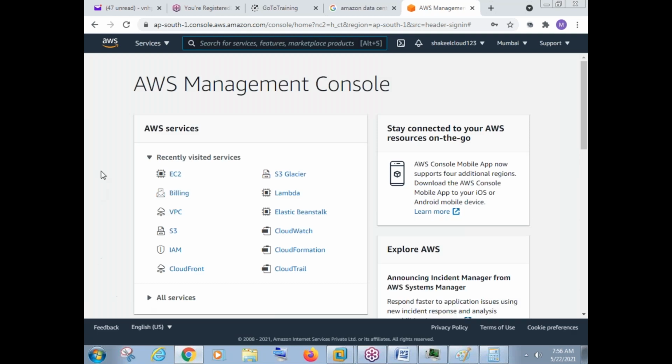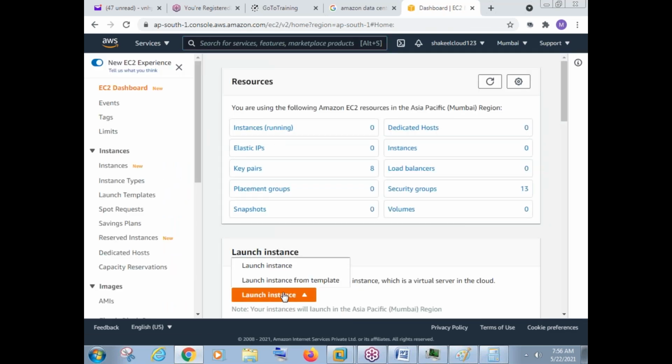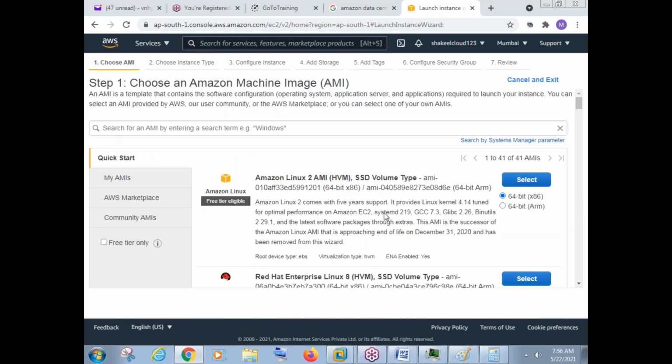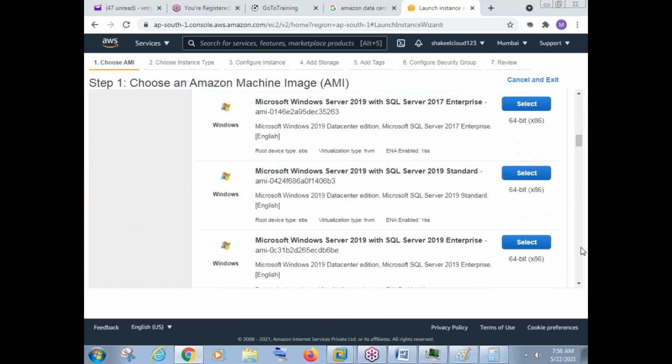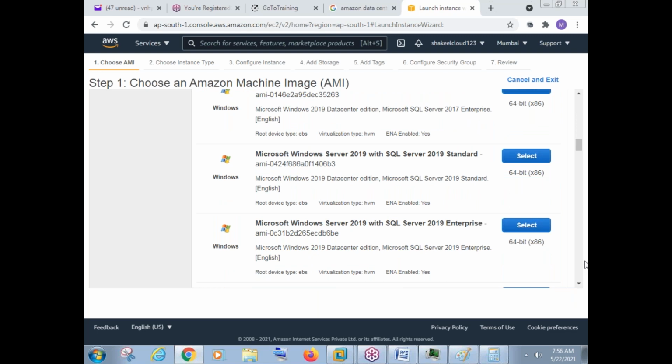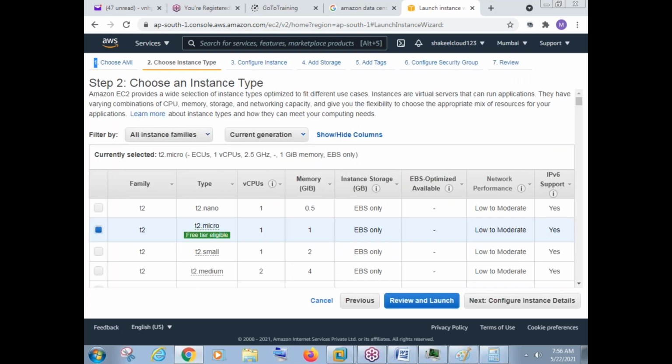So what will a company do? They will create an account here like Amazon.com, and there is something called EC2 here. So they'll just go to EC2 and they will create a virtual machine here. That's it. See, we can see Amazon Linux here. We can see Red Hat. So we can select your operating system like Windows Server 2019, Windows Server 2016 will be here. See, Windows Server 2016, Windows Server 2012. So select your machine here and just use your machine. That's it.